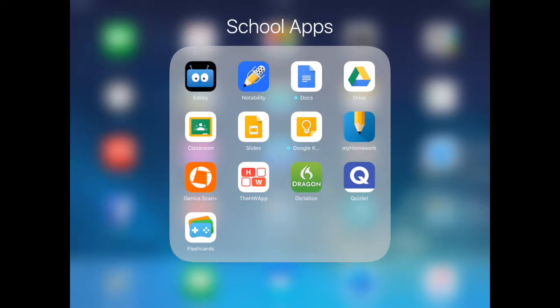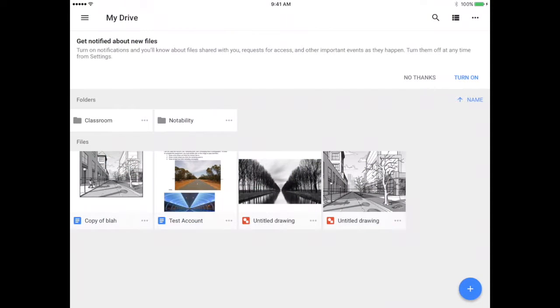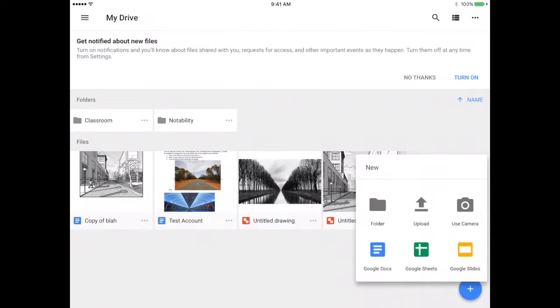Let's look at how to use the Google Drive app. So here I am in my student account for Google Drive, and you can see that it's not organized at all right now. So I need to start by making sure I've got it organized. The first thing I'm going to do is tap the plus on the bottom right corner,